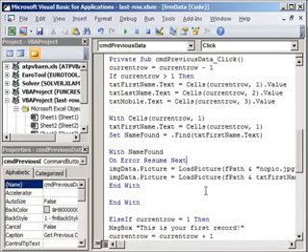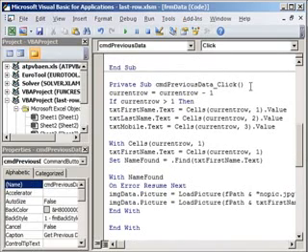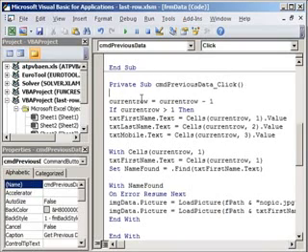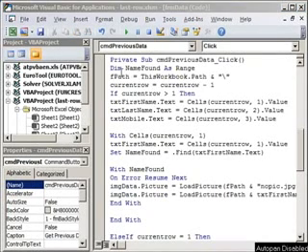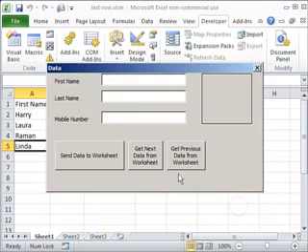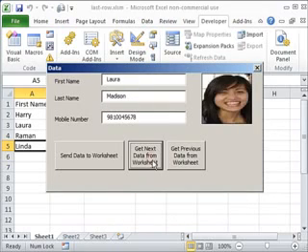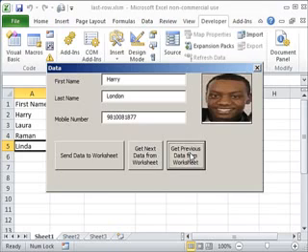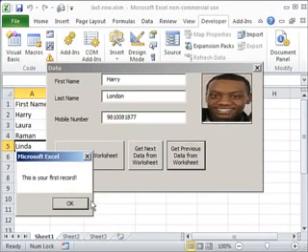Okay, now because the name found and the file path are not global variables, we need to define them also in our CMD previous data button. So I'm going to copy that and paste those two values here also. So I've pasted these two lines of code also. Now we'll run this. Okay, we'll go to the next data. Now we'll go to the previous data, and there you see it works